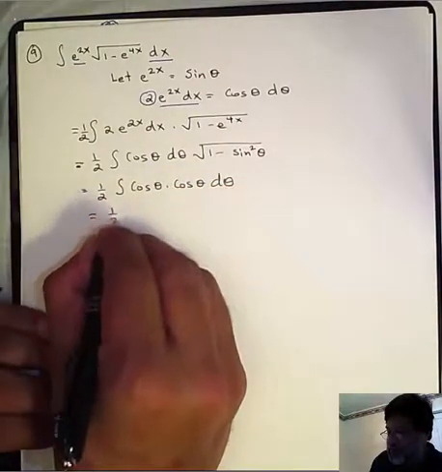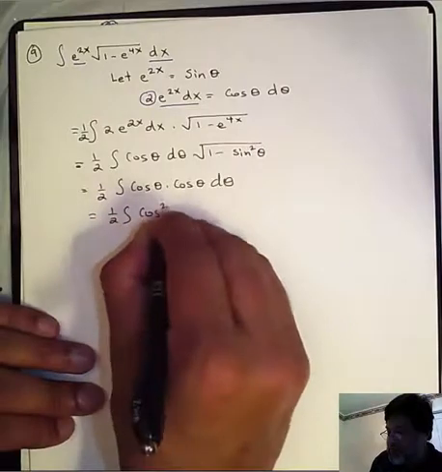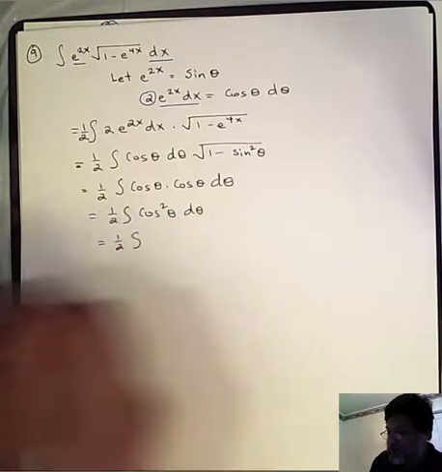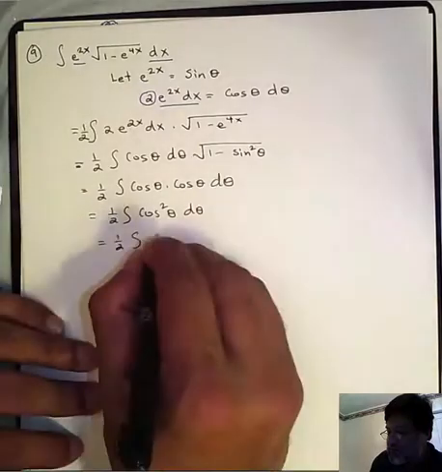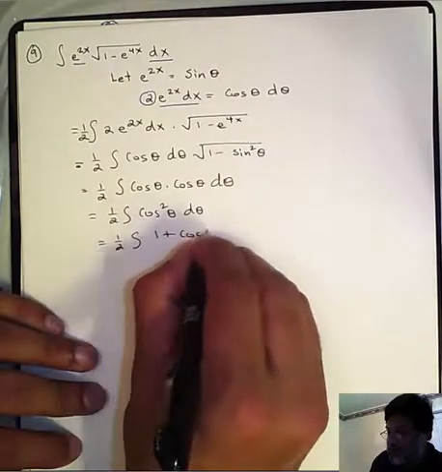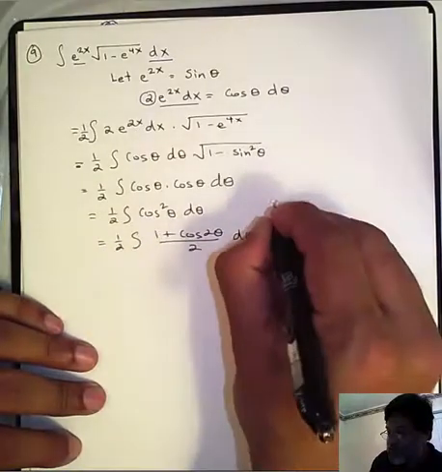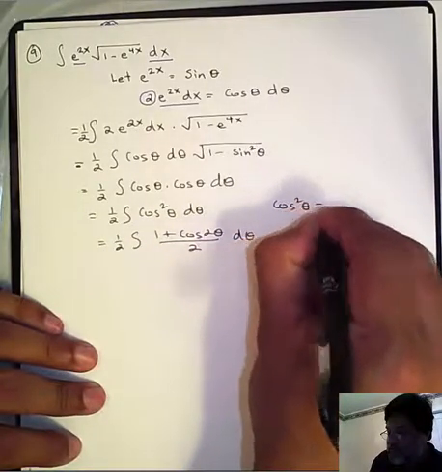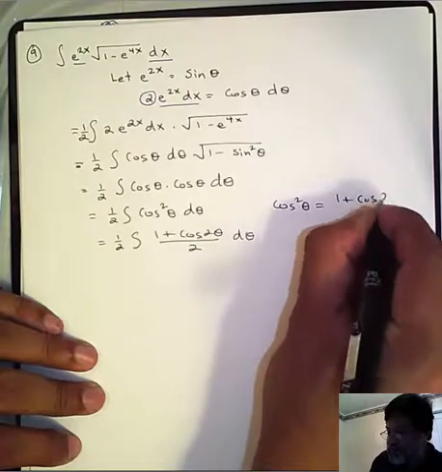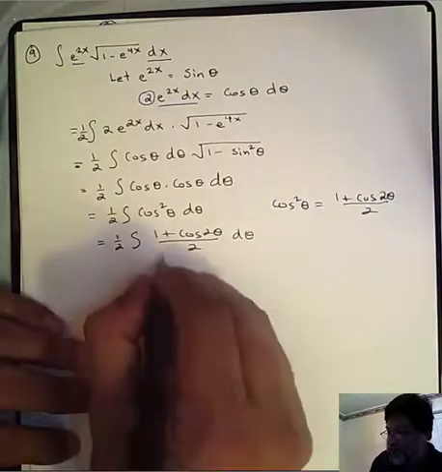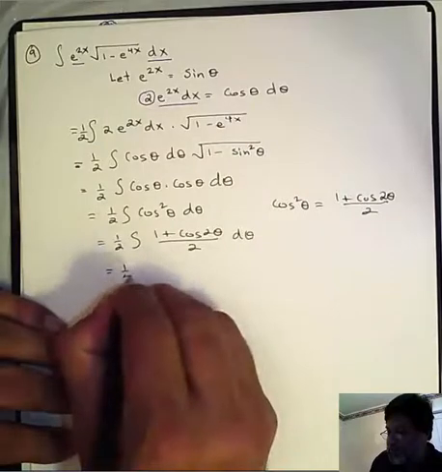So that is nothing but cosine squared theta d theta. Just use this one from the last problem, remember? From the identity. Okay, so this becomes 1/4